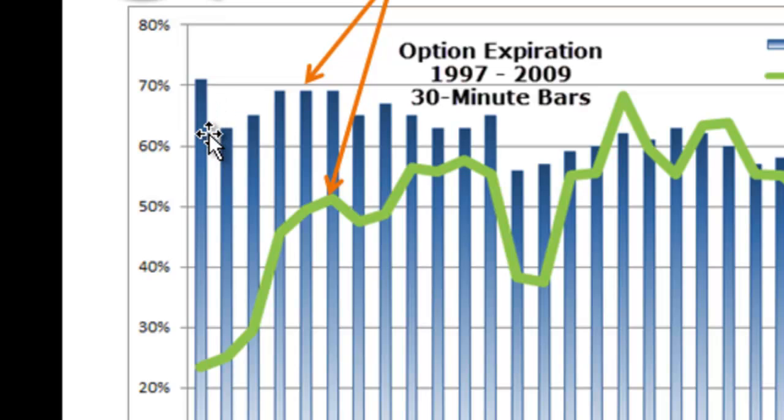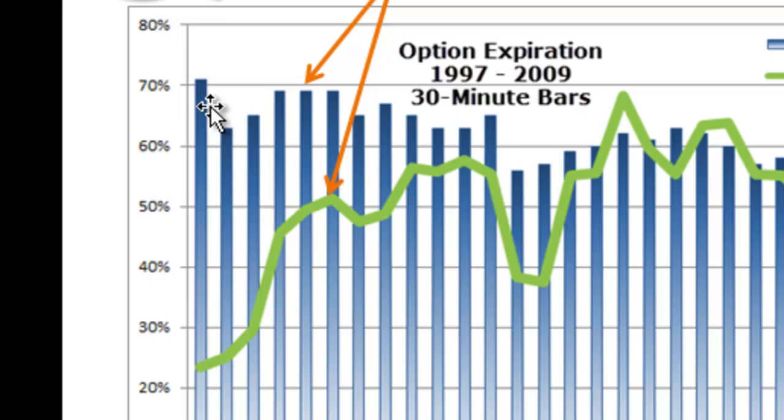And these stats show that during the first 30 minutes of option expiration, the market moves down 71% of the time. After an hour, the market is down about 64% of the time. And then after an hour and a half, it's down about 65% of the time. And then after about 2 hours, it's down 69% of the time, and it remains at 69% of the time that the market is down for the next hour and a half or so. So this is about a 2.5 to 3 hour period in the S&P E-mini on option expiration day. And it's basically telling you that in the morning, the market is generally down.